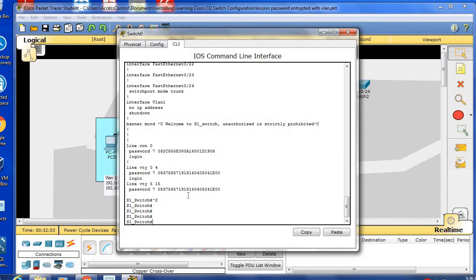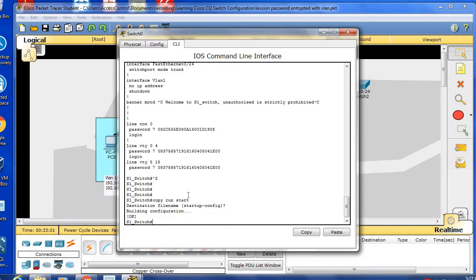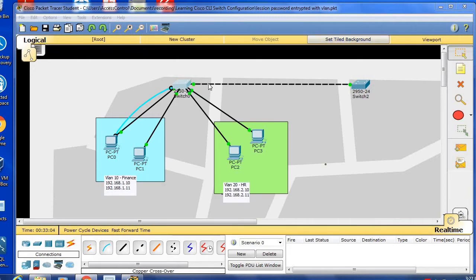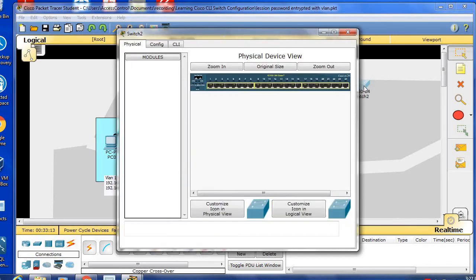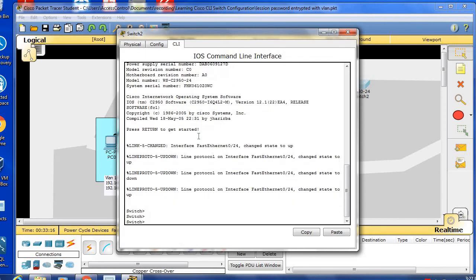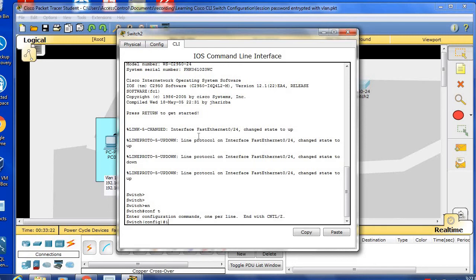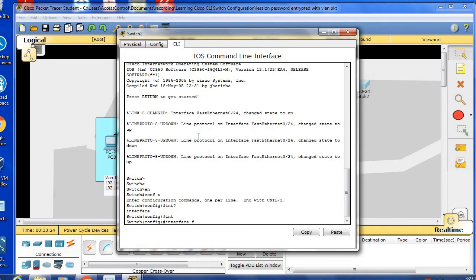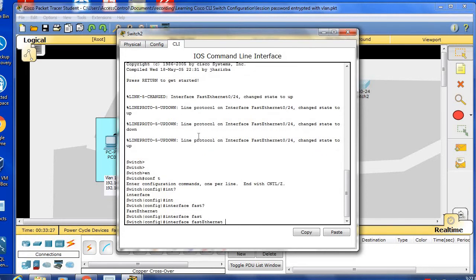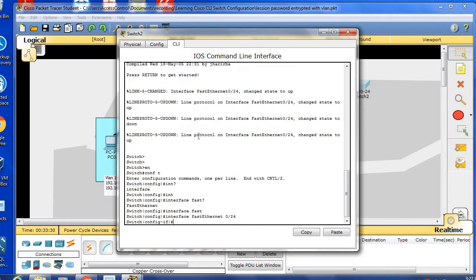Okay, so what do you need to do? Right, you need to save it. So you need to copy run start to save it. That's all. Okay, now we have created a trunk port here, and we need to do the same for this switch. Right, so go in here. Alright, same thing, we do the same thing. Okay, config terminal, right, interface FastEthernet 0/24, and then we go to switchport